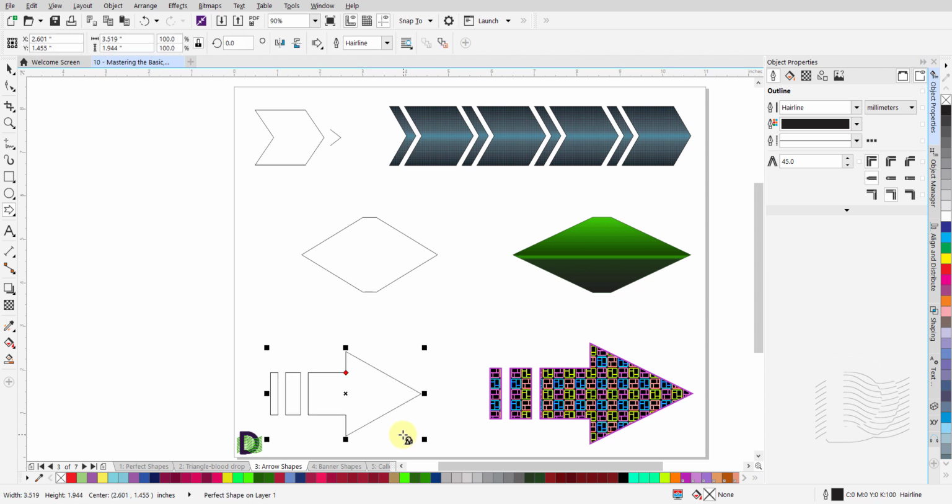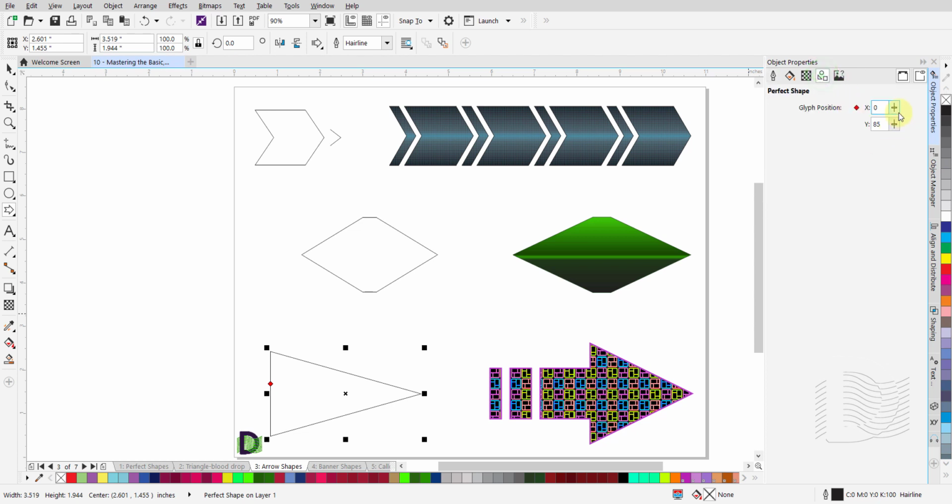Release the mouse button when done. You can grab the red glyph and move it along the X-axis and the Y-axis to change the shape of this arrow. Or, from the Object Properties docker, under the Perfect Shape icon, adjust the X value and the Y value to create the required shape for the arrow.